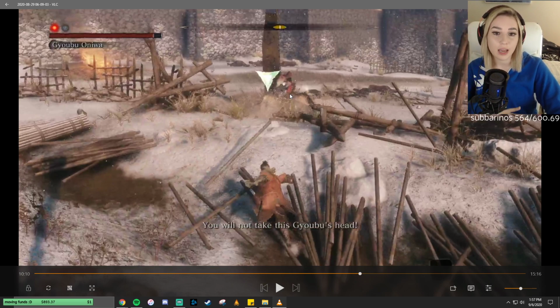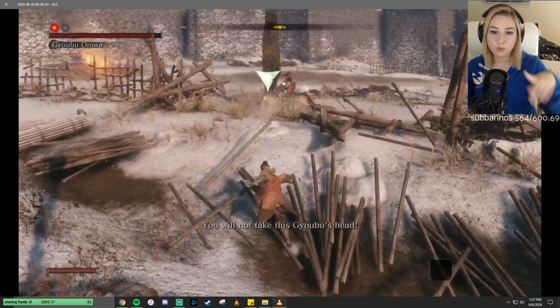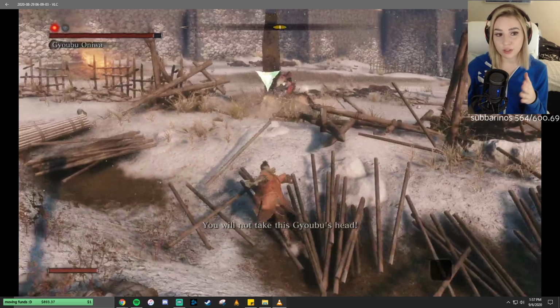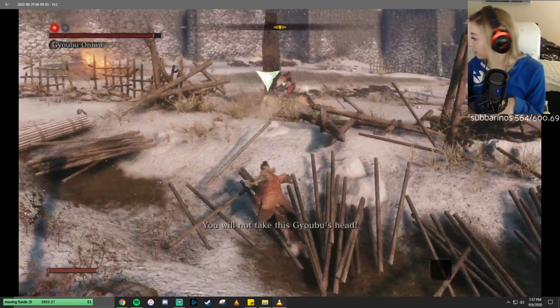However, he can do a second one where it shows the symbol to grapple to him, but he really swings his sword out in 3 seconds. Don't grapple in on that one, at least if you're doing no damage, because the first one, if you grapple in on that,